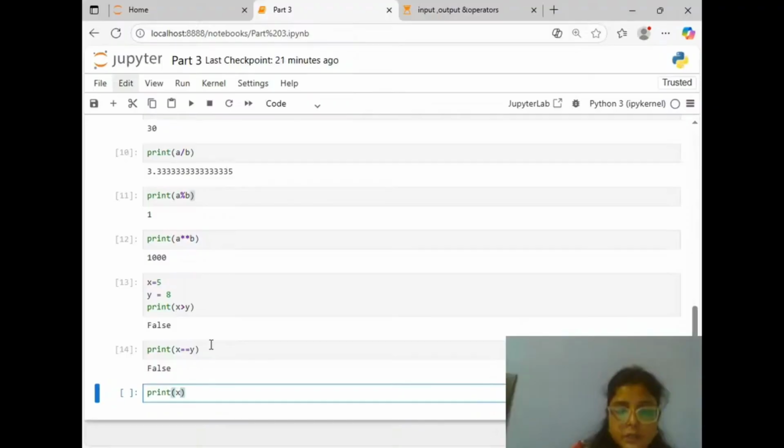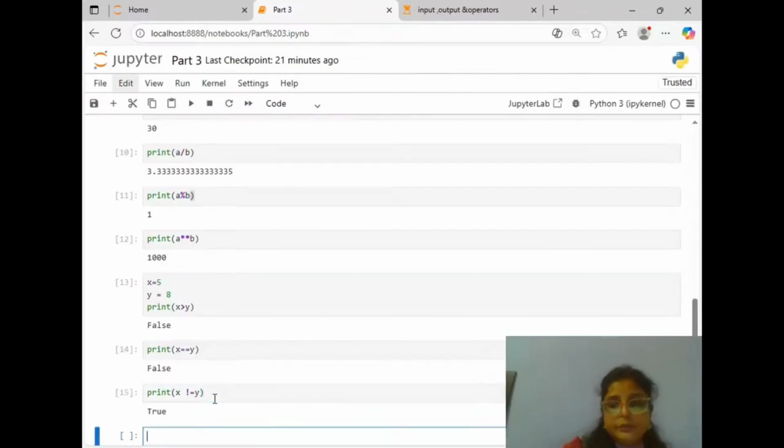Now x is not equal to y. We see x is 5, y is 8. So this statement is true because x is not equal to y. Shift enter, true. So like this we can use the comparison operators: greater than, equal to, and not equal to.